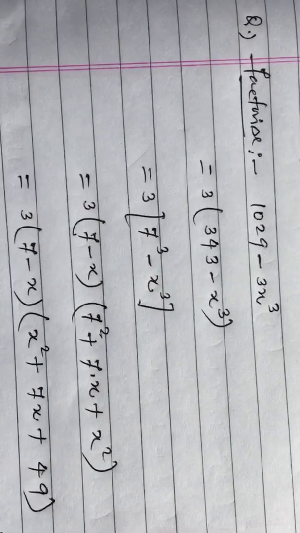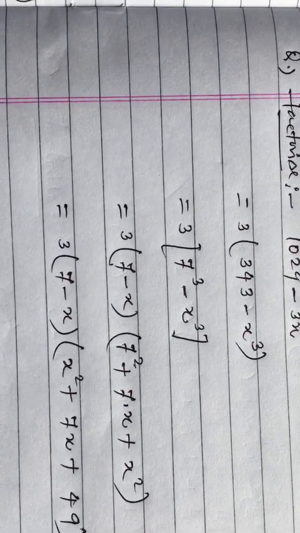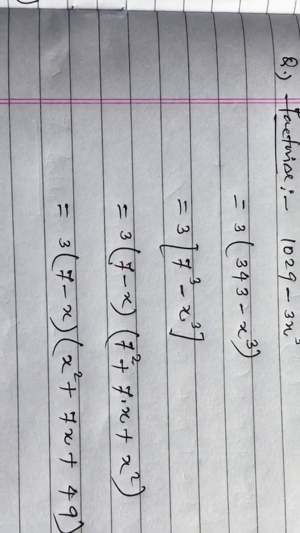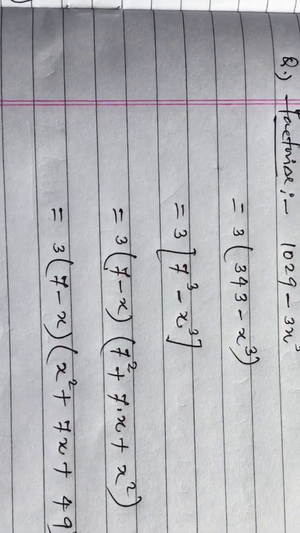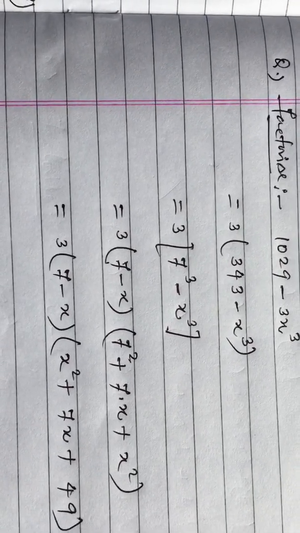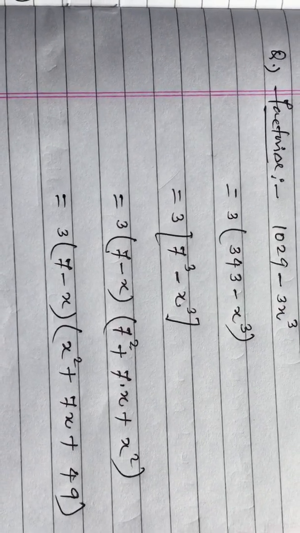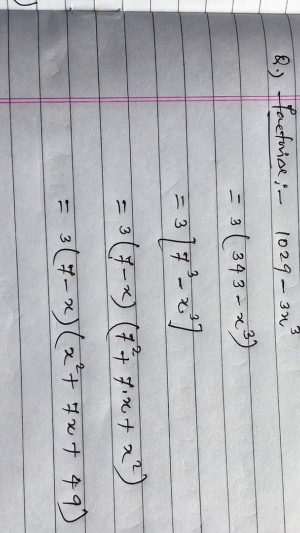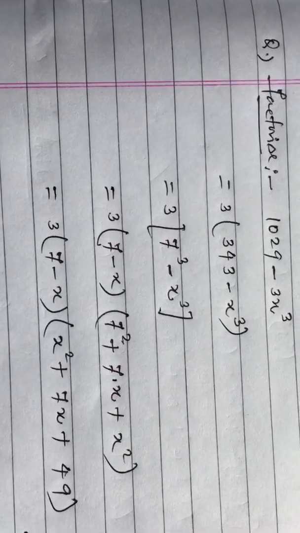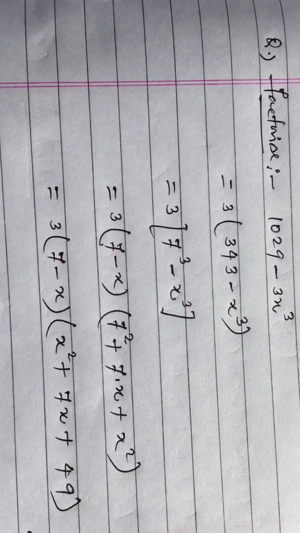In 5E, that is a miscellaneous exercise. You can see there the problems based on all the types. It means type 1, type 2, type 3, type 4, type 5. So in all the types, the one type, that is type 3, factorization of trinomials, it means factorization by splitting the middle term, that one is very important. So keep practicing. In the next class, I will discuss some more problems from the exercise 5E.